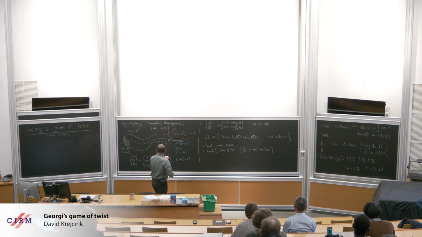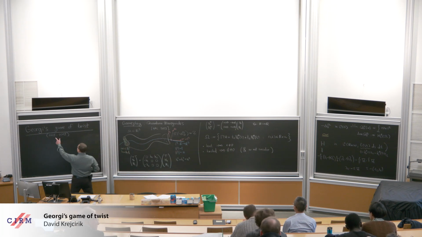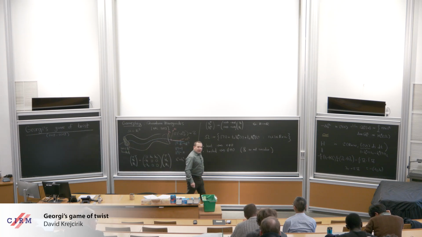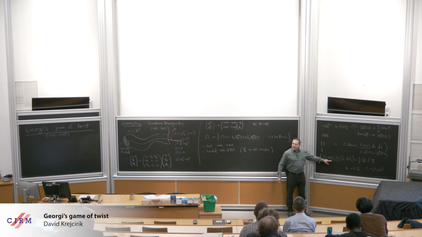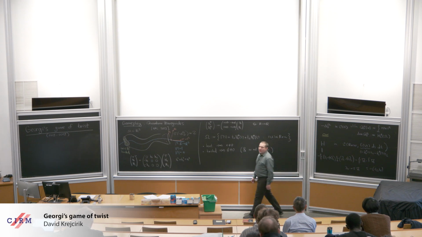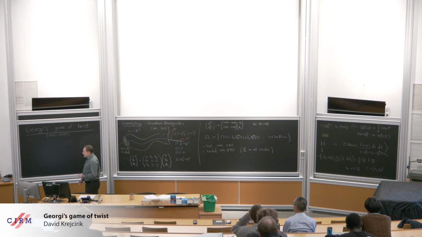And I think Georgi was interested especially in the effect of twisting. And I think why he liked it is because it looks like a magnetic field. It appears like a magnetic field, but of course there is a difference, because a magnetic field is a first order perturbation. This geometric perturbation is a second order.